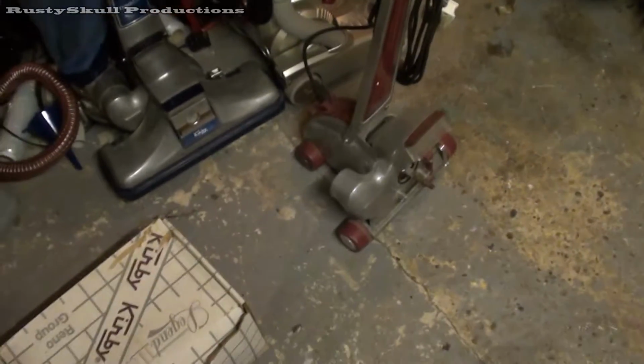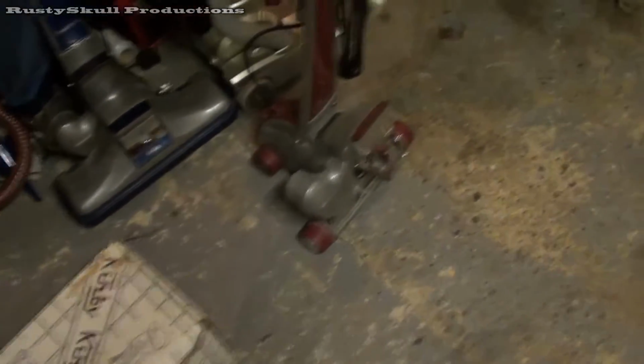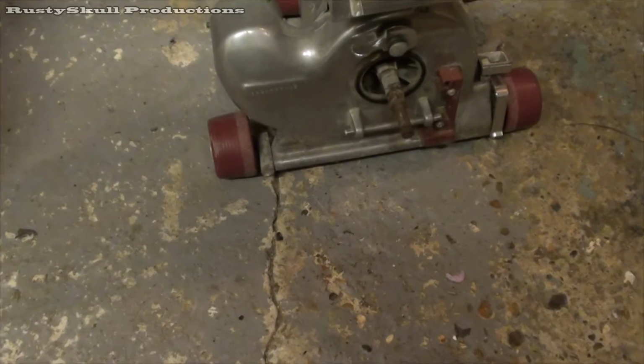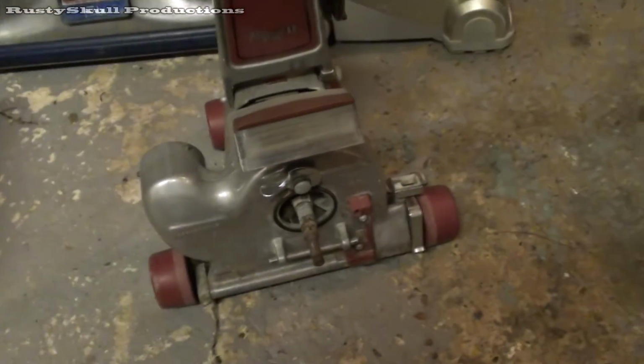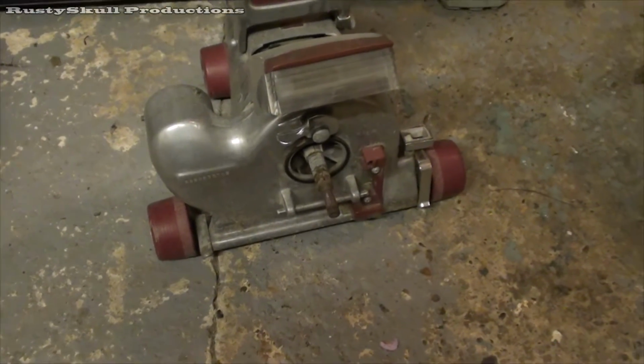Right, you lot. Now, I've got here another legend. Another Legend 2. This one doesn't look like it's in as good a shape as the first one I've got. I got word of this today. I was at work and I got word of...